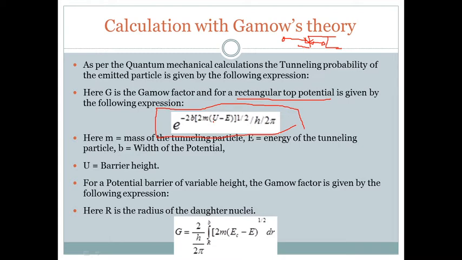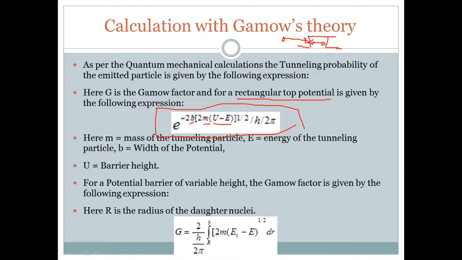So you can see that if the difference is large, then tunneling is going to be difficult. If the mass is more, the tunneling probability is going to be lower. If the width of the barrier is more, tunneling is going to be difficult. I had asked this question in the quiz too. The tunneling probability depends on three factors: the width of the potential, the mass of the tunneling particle, and the difference between the potential barrier and the energy of the tunneling particle.